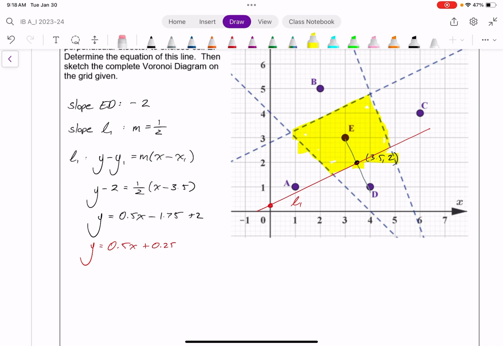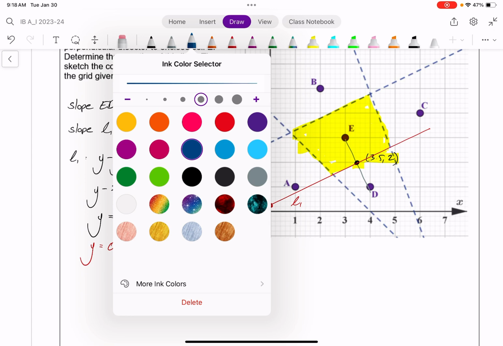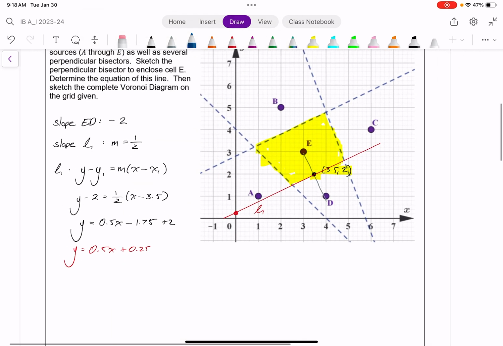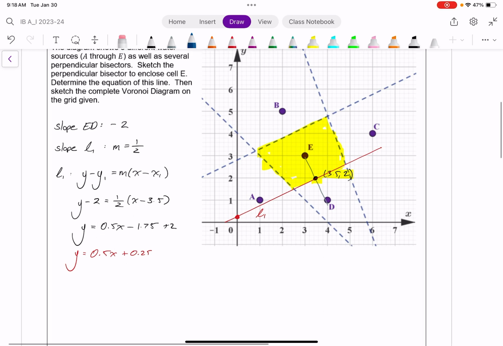So now for the rest of it, I want to complete the rest of the diagram. Just sketching it, I'm not going to be as detailed as making sure every point is perfect. So first, let's visualize what's left. I need to have all the rest of my perpendicular bisectors. So for example, if I look between A and B, I don't have the perpendicular bisector for that. So from a quick sketch,